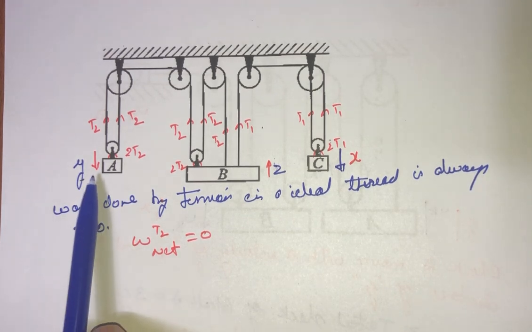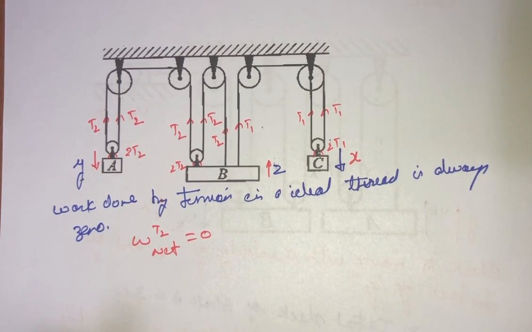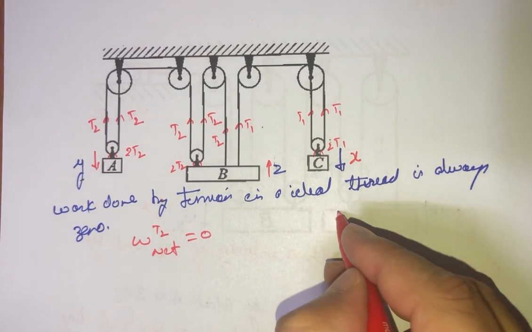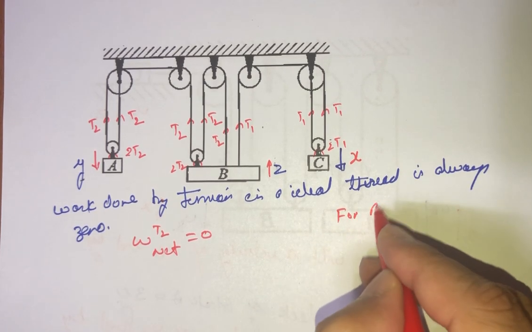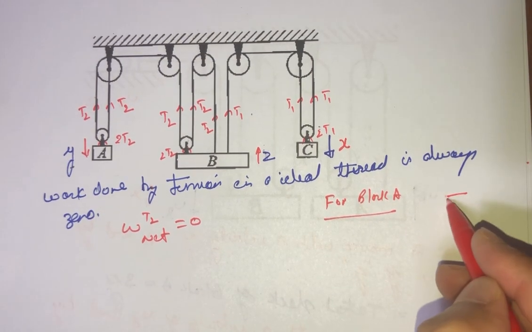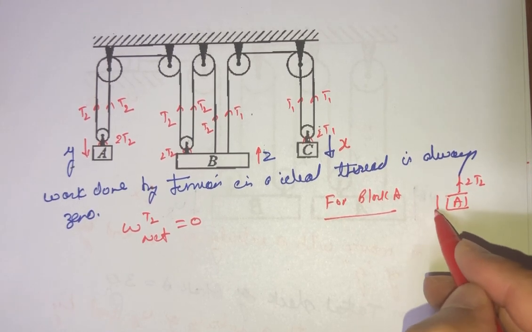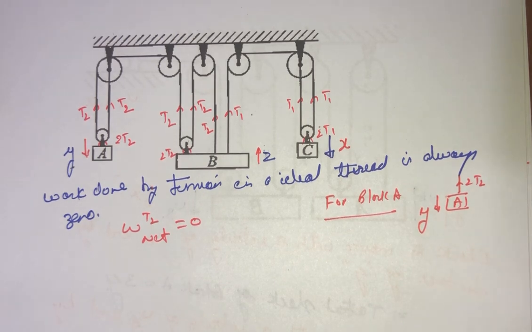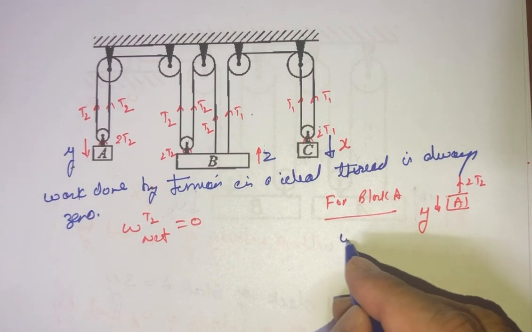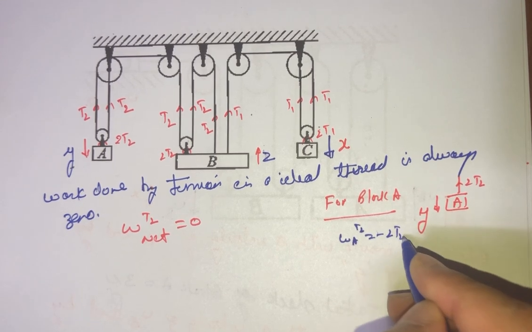Now the displacement Y is in downward direction, whereas tension twice T2 is in upward direction. Okay, we can say that, let us draw it here, for mass A, or rather block A, so this is A block, tension twice T2 is upward direction and movement Y is in downward direction. So its work done, let us call that WA for T2, is equal to minus twice T2 Y,